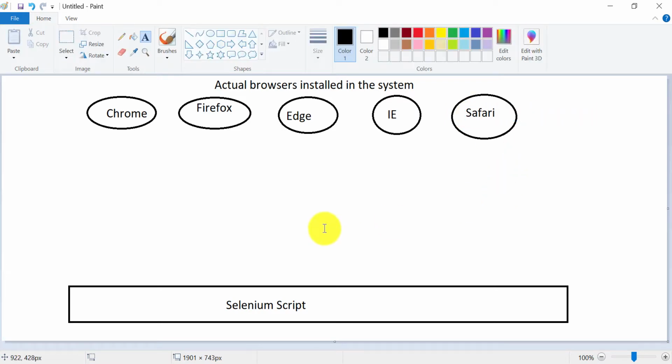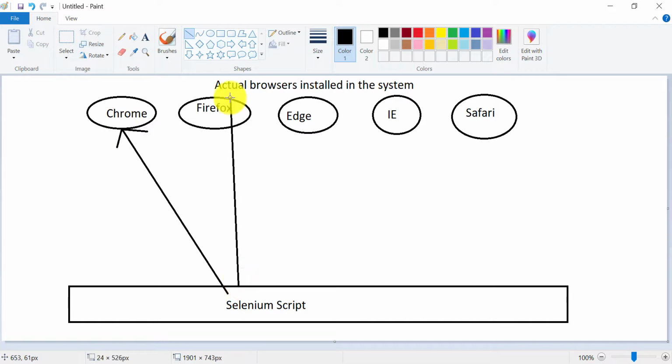If you want to run your Selenium script on these browsers, you cannot directly run on them or directly communicate. This is your Selenium script, and it cannot directly communicate with the actual browsers installed in your system.